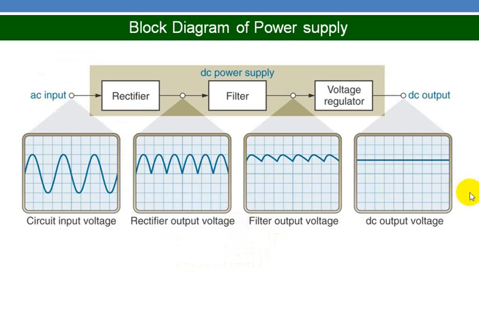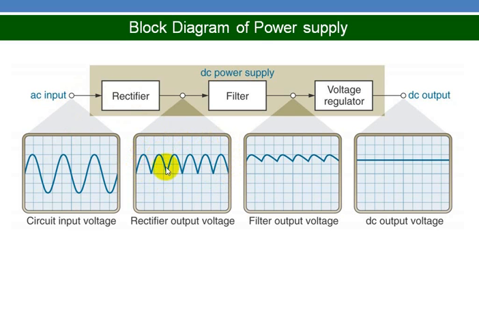Then coming to the power supply. Power supplies, basically it converts AC input into DC output. So we see the AC input is given to the rectifier. Rectifier rectifies this AC voltage. So this is the AC input and you get a rectified output here. So you can see here you get a rectified signal, both positive and negative cycles are rectified. So you get voltage of one polarity, but you have AC component.